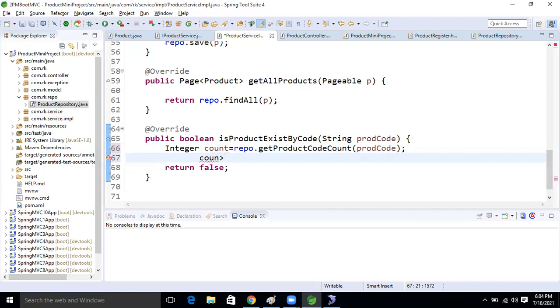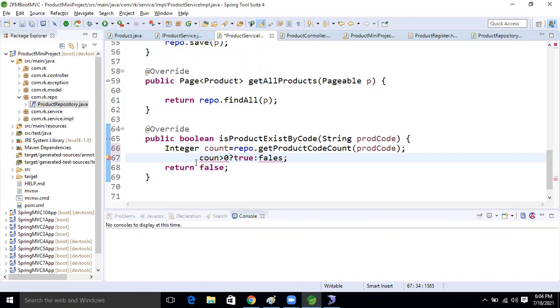Count greater than 0, this symbol is greater than or less than, guys? Greater than 0, question mark, true, colon, false.